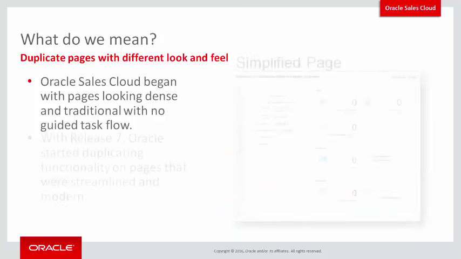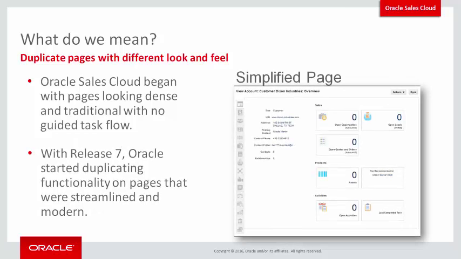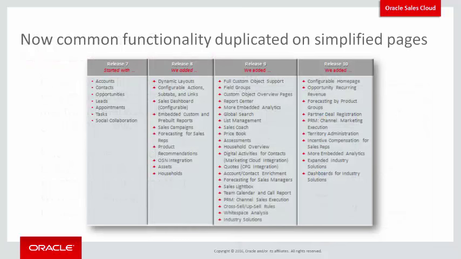But with Release 7, we started duplicating functionality on pages that were streamlined and modern, which we call the simplified pages. And you can see here that we continued to duplicate more and more functionality on the simplified pages with each release until today with Release 10, all the most common, widely used functionality or features have been added to